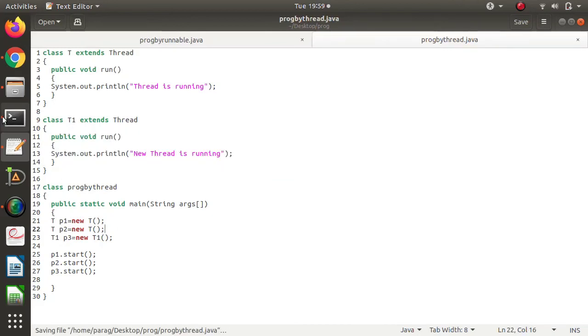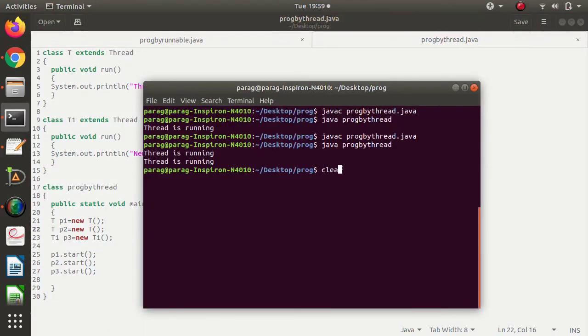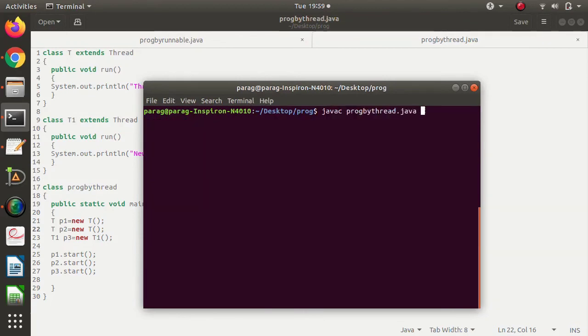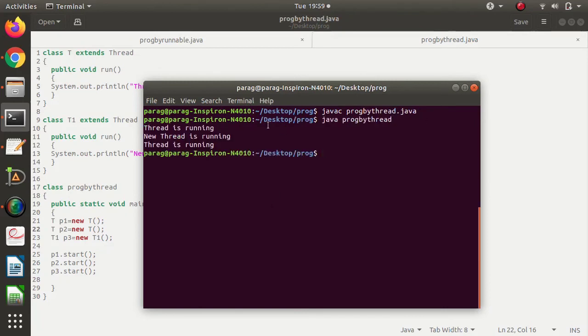We'll check it. We will compile it. It got compiled successfully. Now we'll run it. Three threads we have created. Two threads have a similar task, printing thread is running, while one thread is printing new thread is running.